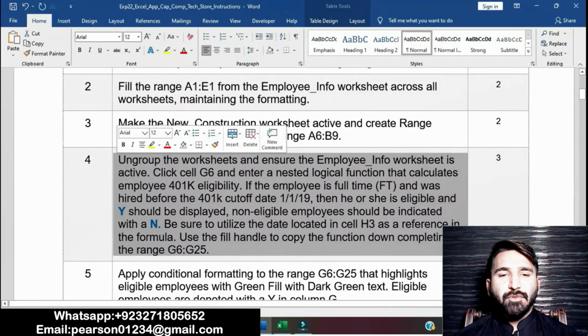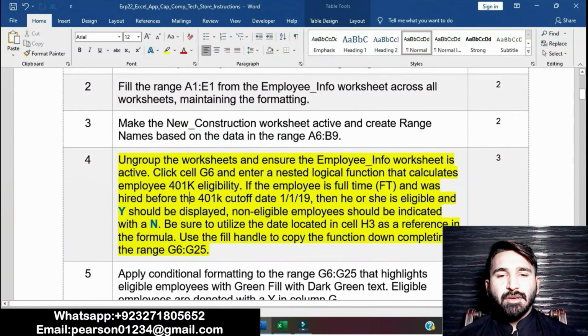Now moving on to step number 4. Step number 4 is to ungroup the worksheets and ensure the Employees Info worksheet is active. Click cell G6 and enter a nested logical function that calculates employee 401k eligibility. If the employee is full-time and was hired before the 401k cutoff date, then he or she is eligible and Y should be displayed.